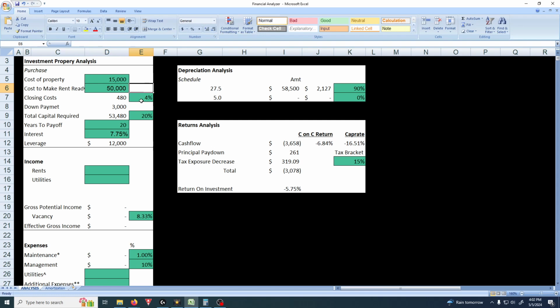Closing cost 4%. Same thing as always, 20% down. Years to pay off, 20 years. Interest rate right now is at 7.75. This would probably be converted into a 2-bedroom. It could be a 3, but the bedrooms would be kind of small. I'm leaning towards 2 bedrooms, so